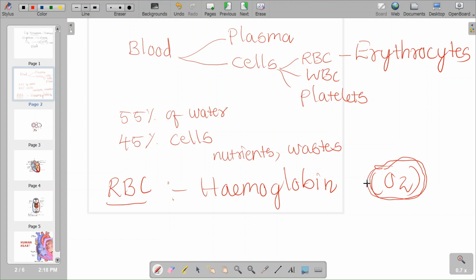So RBC contains respiratory pigment called hemoglobin. Hemoglobin contain